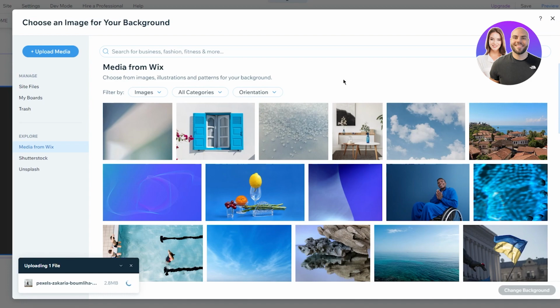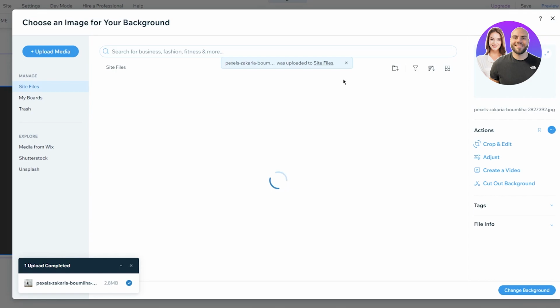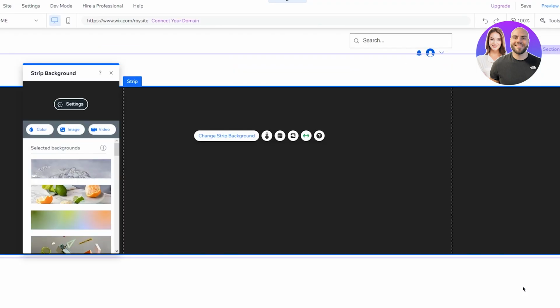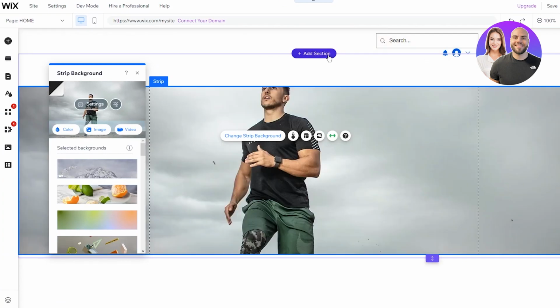And once everything is uploaded, basically from there on out, what you're going to do is paste that photo into your strip background. Obviously, it takes a second or two for the photo to upload, depending on the size. And once it's uploaded, click on change background. And once you do that, look at that. It's going to look so amazing. So to edit